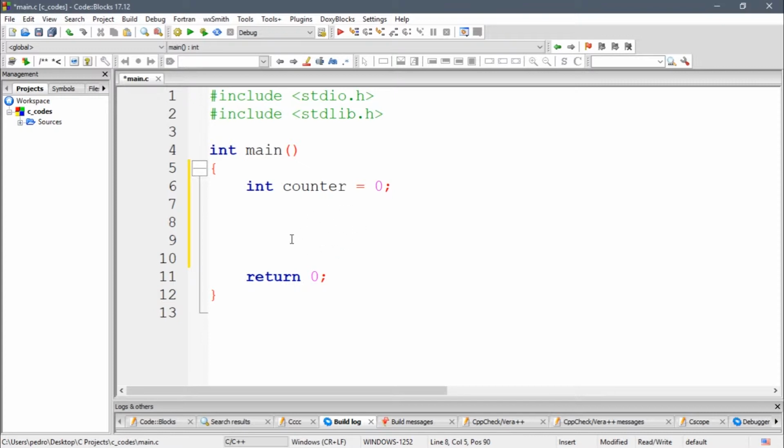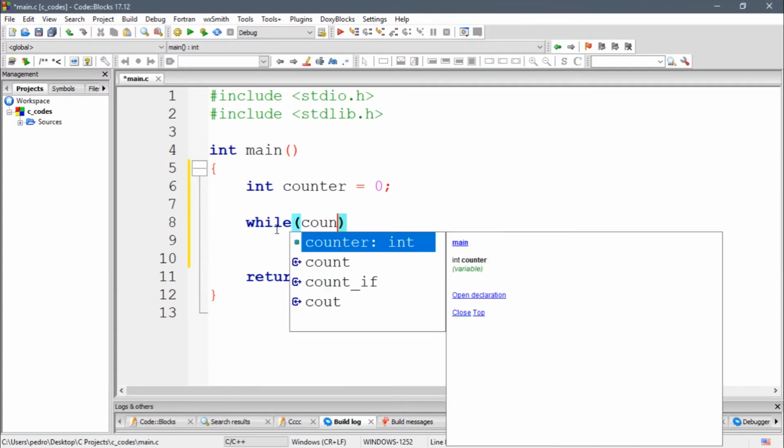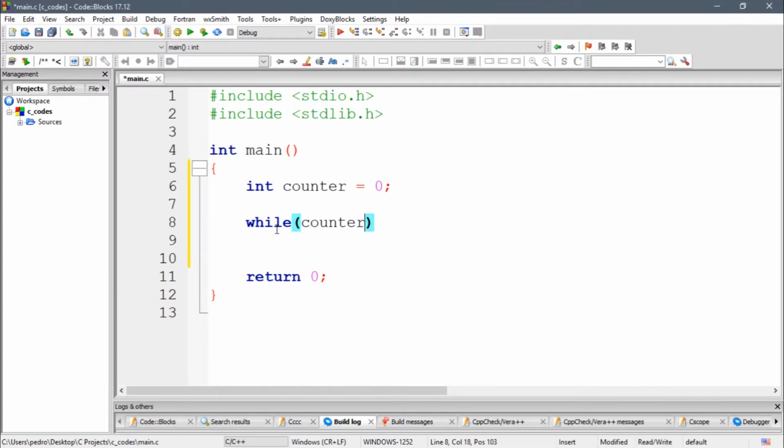create a while loop. So the while loop is quite similar to the for loop. So this is our starting number. We need a condition. So while this is going to be our condition. So in the for loop, we put the condition in the second argument, but here we write this body of